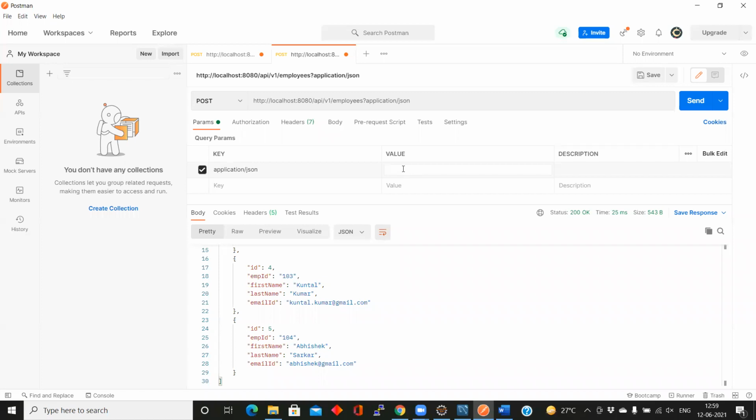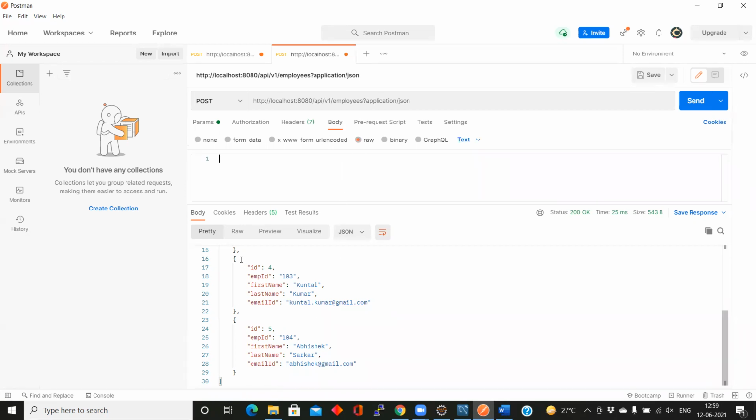Not application JSON. In the body section, I need to check raw. Yes, here I need to give the input. Let's give an input here.